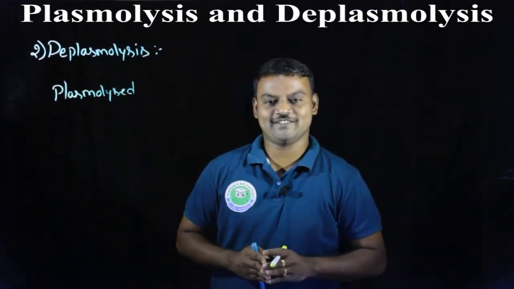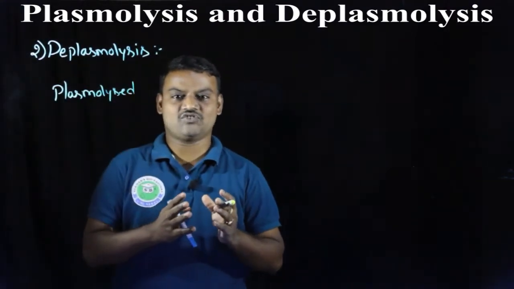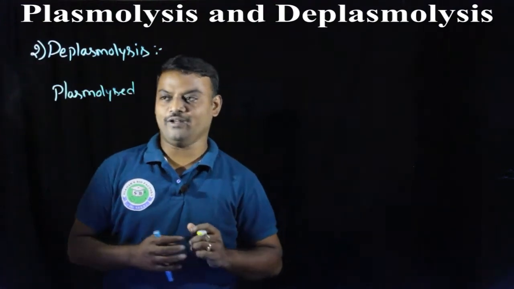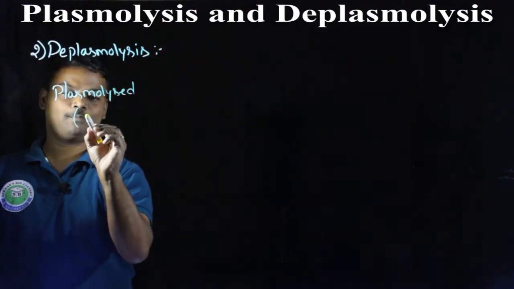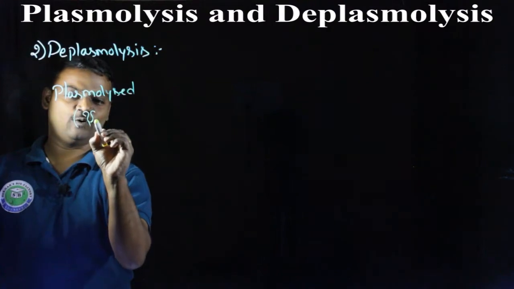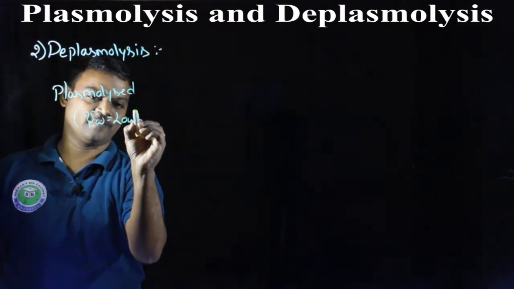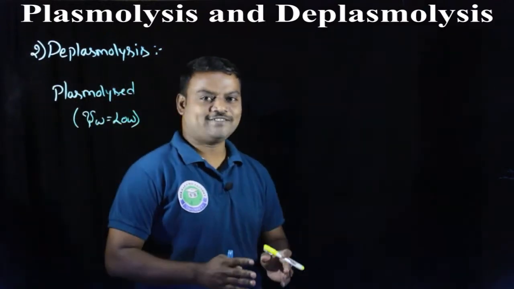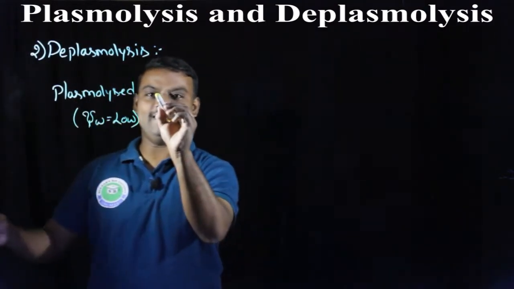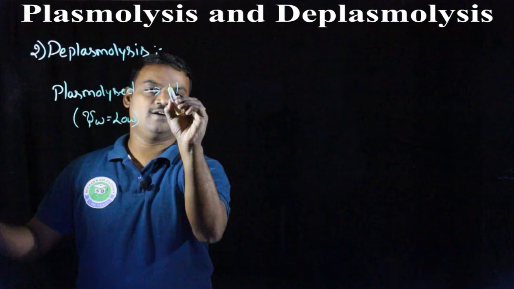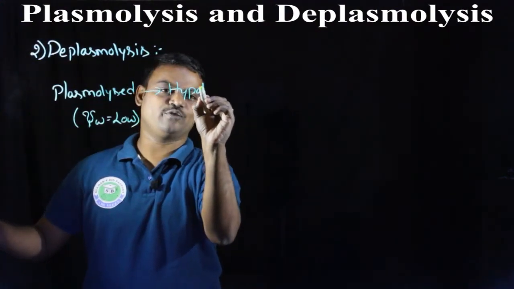In this plasmolyzed cell, the protoplasm shrinks and is present at one corner. In this plasmolyzed cell, the water potential value is very low. Such a plasmolyzed cell, when kept in hypotonic solution,